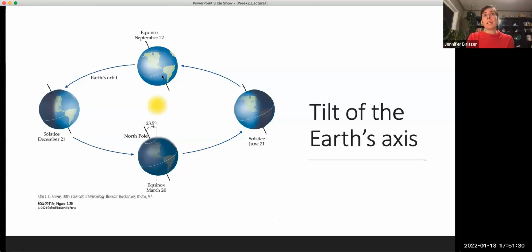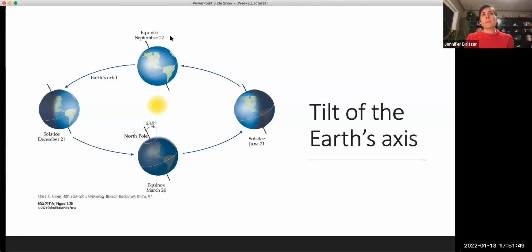And so in the equinox, when we talk about the equinox, equa is equal. So the equinox is the time of the year that both the southern and the northern hemisphere receive 12 hours of day and 12 hours of night, and the equator typically has about that all year round, okay?